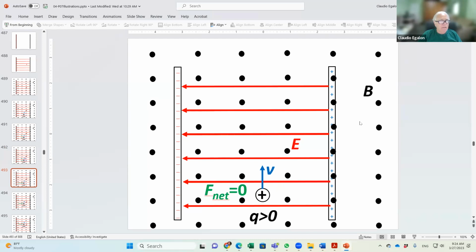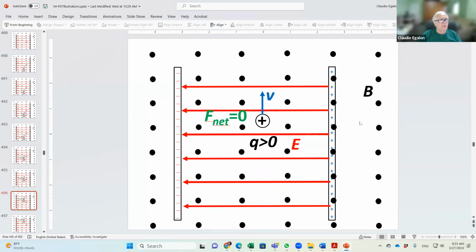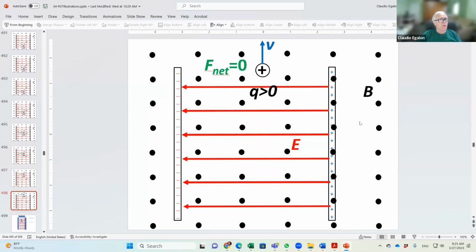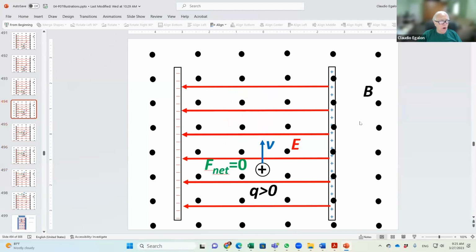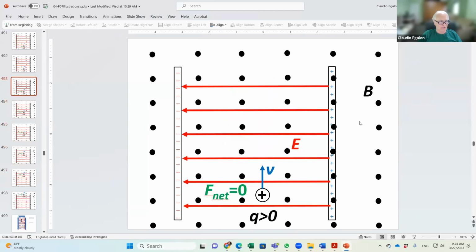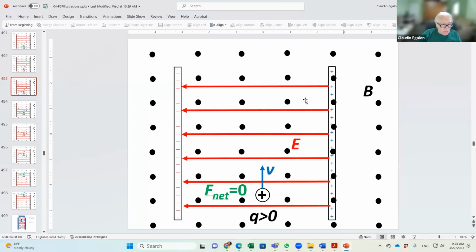If the net force is equal to zero, the particle is going to move with constant velocity along this volume. There will be no work done by the net force. Net force is equal to zero. Consequently, the net force is not going to do any work whatsoever on the particle. So now you know how the